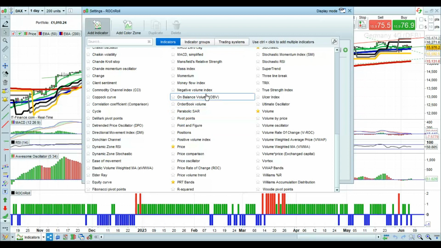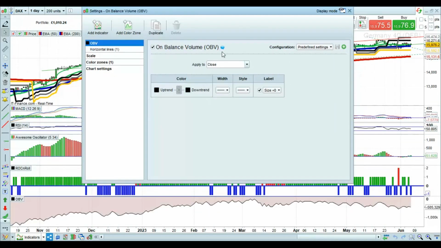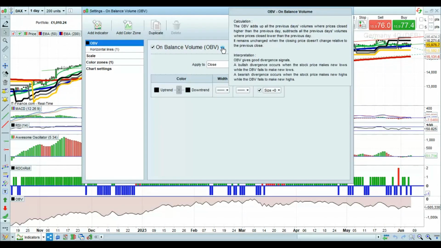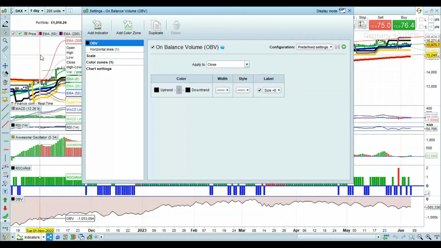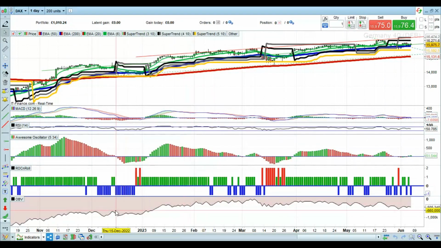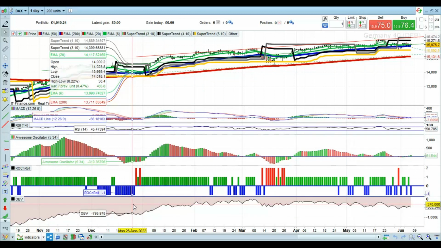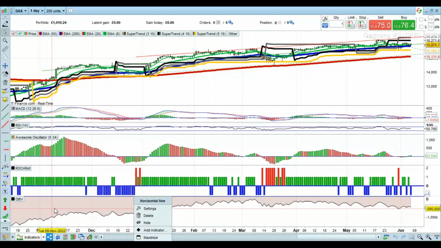We now want to put on balance volume. It's a very important indicator. Again, you can look in the information box and that tells you how that's calculated. Again, I go into that in another video, why on balance volume is so important. But what we're going to do with the on balance volume indicator, now that we've got that on there, just at the bottom here, I want to put on there a moving average. So we hover over the OBV, the on balance volume indicator, and then we say we want to